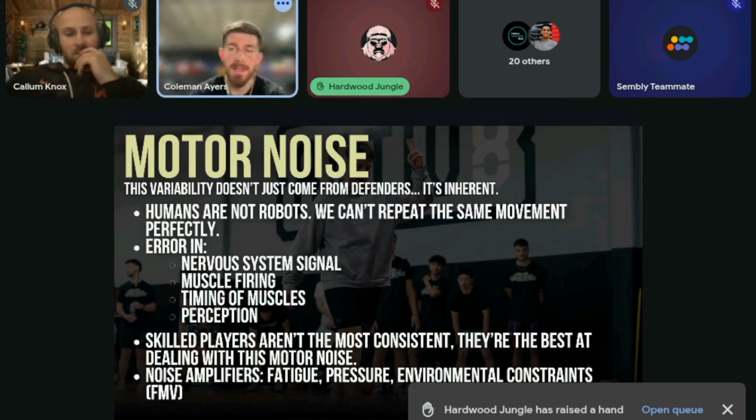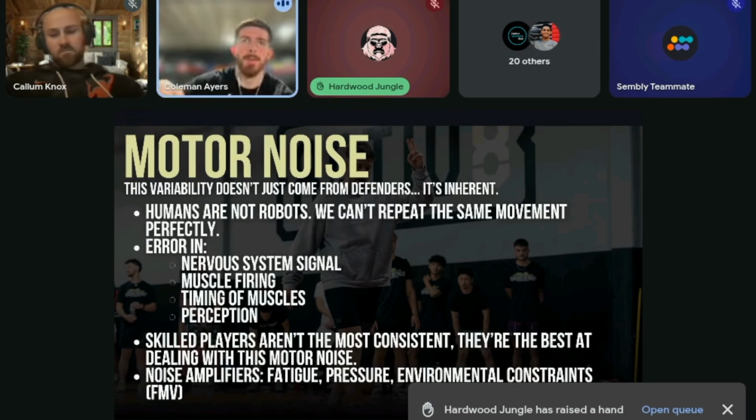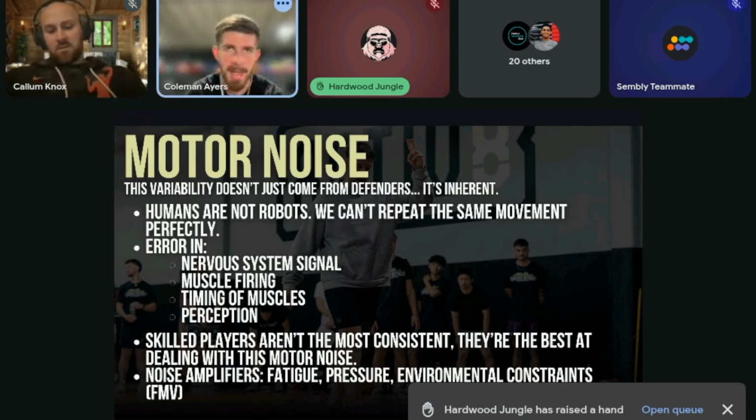As a result, and this is seen extensively in the research, every single movement is inherently going to be a little bit different because, again, we are imperfect creatures. We are not robots who can just do the same thing over and over again, especially in a very complex movement like almost everything we do on the basketball court. So, again, what the research has shown is that skilled players actually aren't the most consistent after a certain point, right? If we look at beginners, the more consistent ones are going to have the highest success rate, right? Because they're still stabilizing that technique.